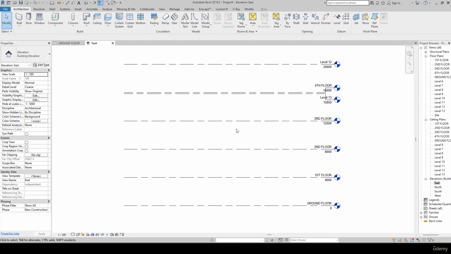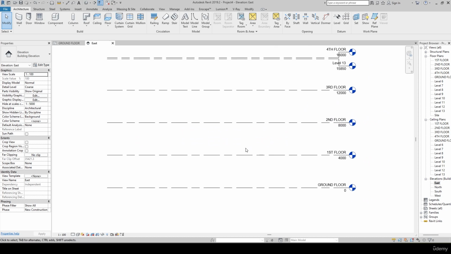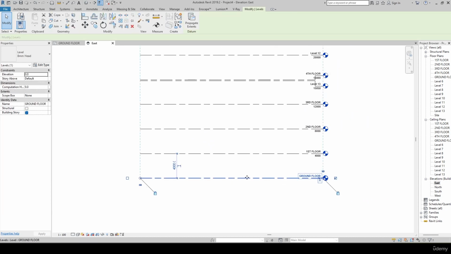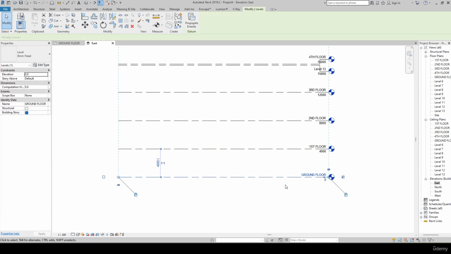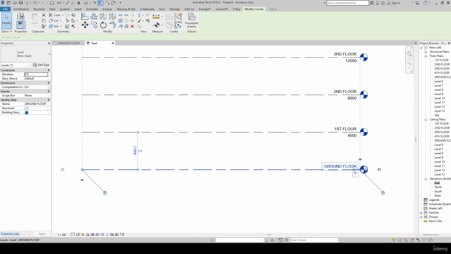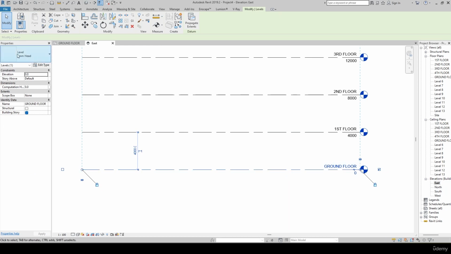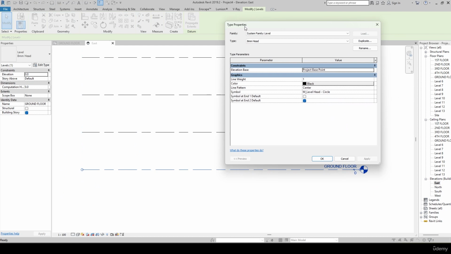Okay, now the level has been added. Now I want to add some changes here. I want to increase the thickness of the levels, or the line height, and I want to change or remove the level heights. In order to do that, I simply click on this particular level line, and in the top left side you have the properties section. In the properties section you can notice there is an option, edit type. So in the edit type you have the